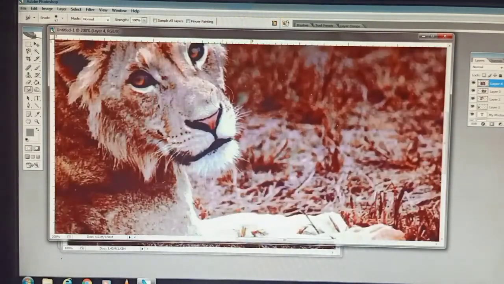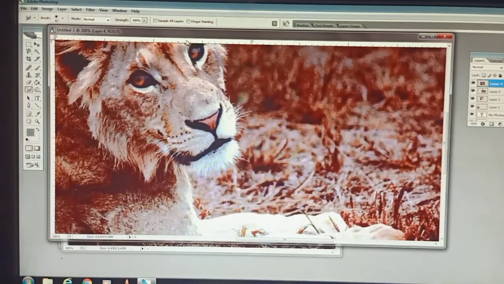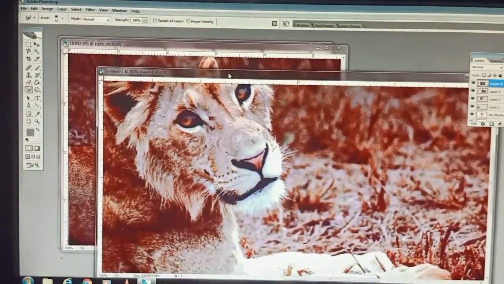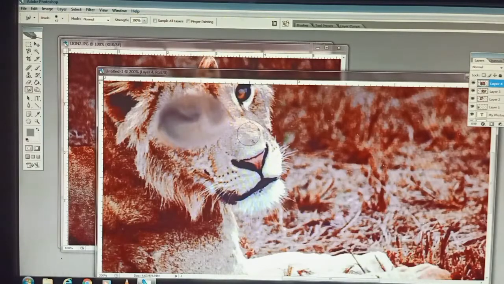You check this part. This is the original. Now you see how I am doing it. Understood now? It looks like finger painting. See these eyes, this one you see.